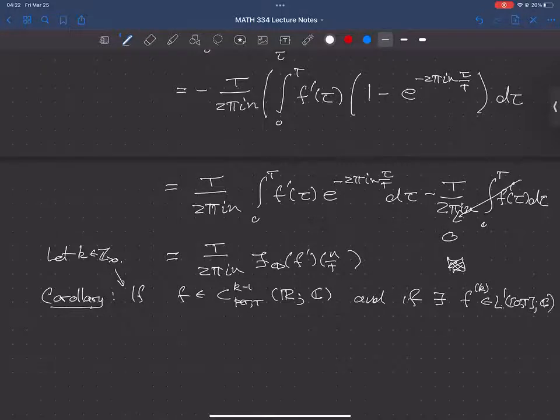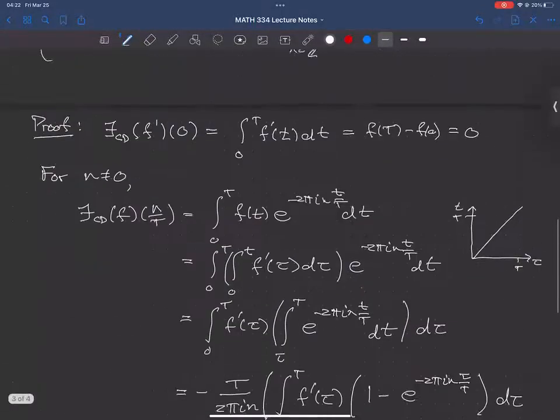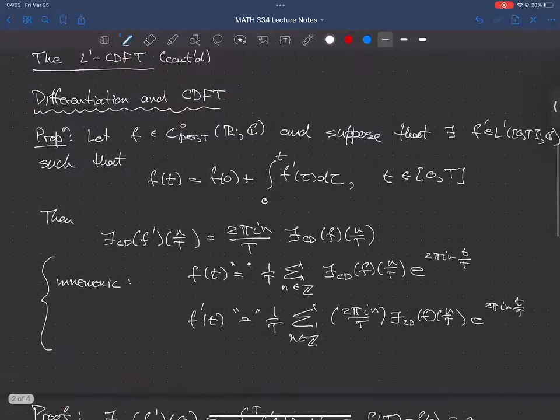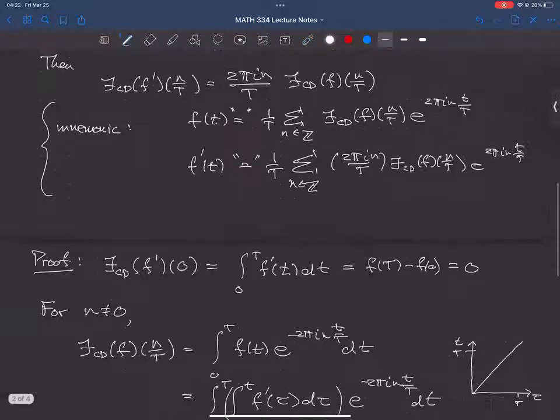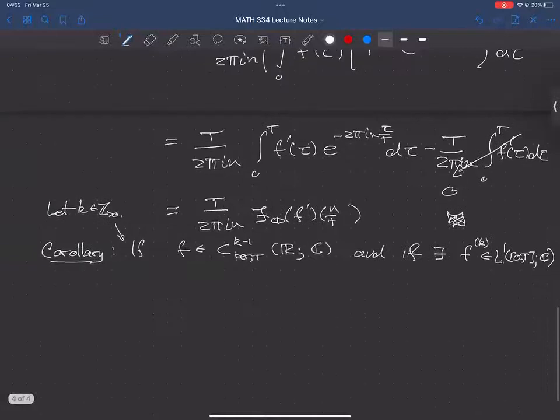This is just like what I had up here, and what I had up here is the case where k is equal to 1. So k minus 1 is 0, and then this is f_1. So there exists something like that, so that